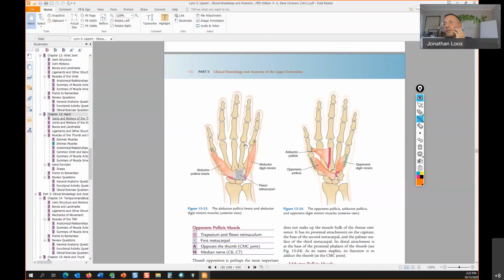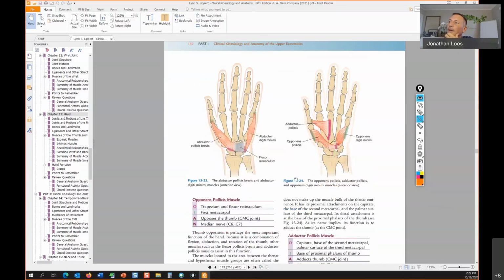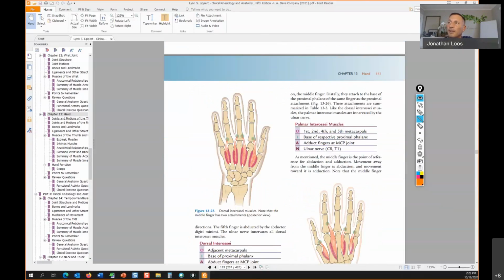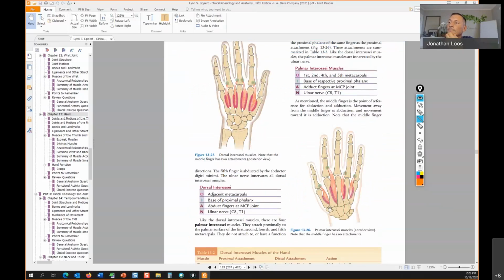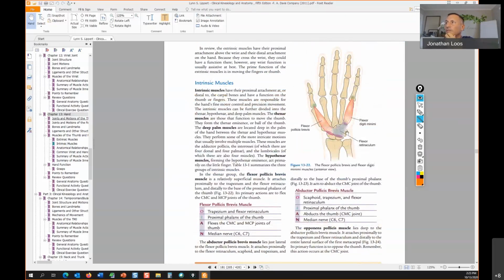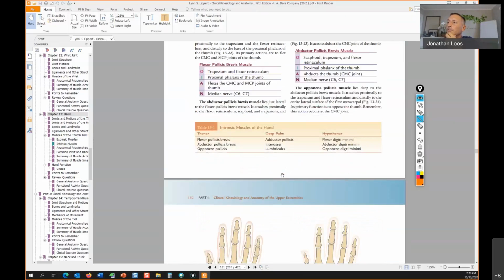But you have your adductor pollicis brevis, and most of these muscles have originations on the carpal bones. So knowing where those are originating from and which bone would be an important aspect, like the adductor pollicis brevis, where it's originating and where it's inserting, and knowing those components. But I wouldn't mess with the palmar interossei where you have multiple versions of those, or the dorsal interossei, so much. But I would definitely know these four here: the flexor pollicis, flexor digitorum, and then these two here, the